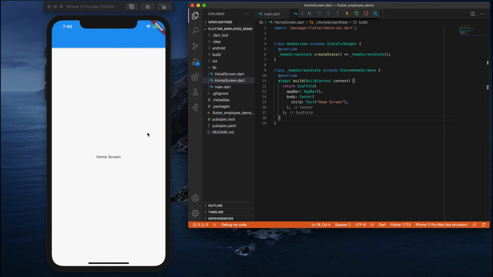To do that navigation, we'll create one button here in the home screen.